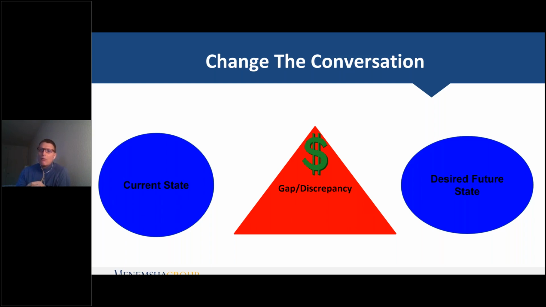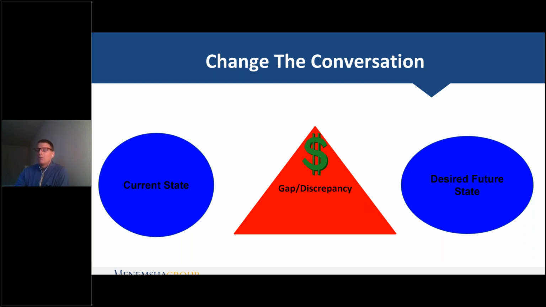So now you might be thinking, well, gee, why is this so important? Why is uncovering the customer's current state and desired future state so important? Well, it's important for us to understand this and recognize this because this is what your customers spend most of their time thinking about. The hiring managers, the IT, and just so I'm clear, I'm not talking about HR people. I'm talking about directors, VPs, CIOs in an IT department. What they're thinking about is how things are operating today and then what their desired future state is.